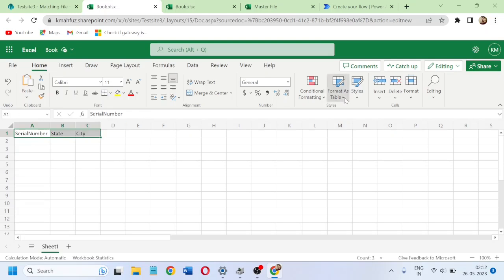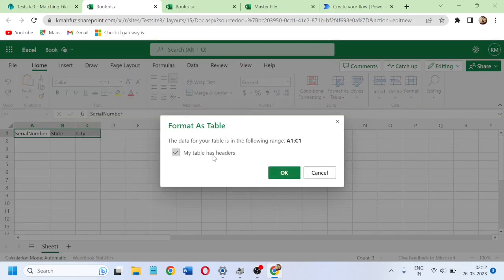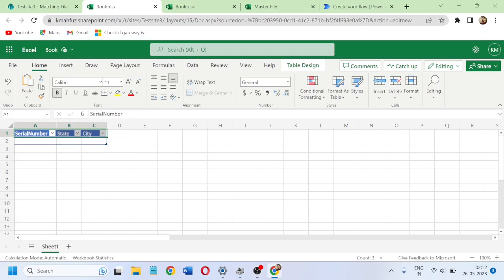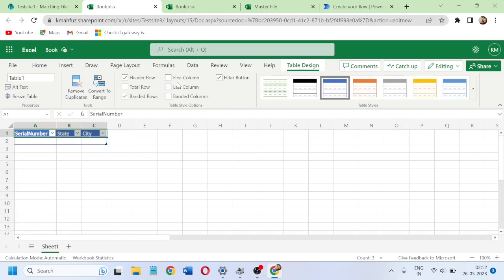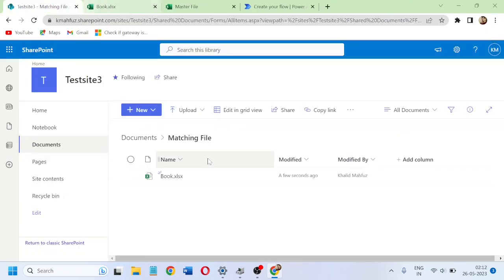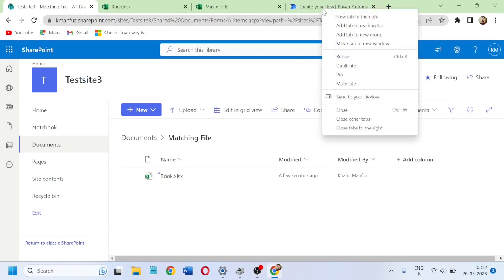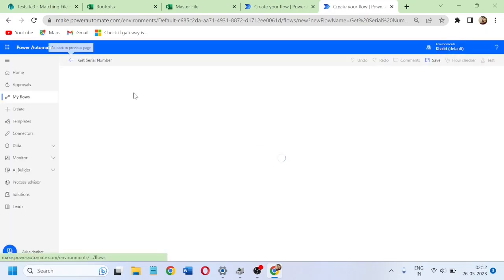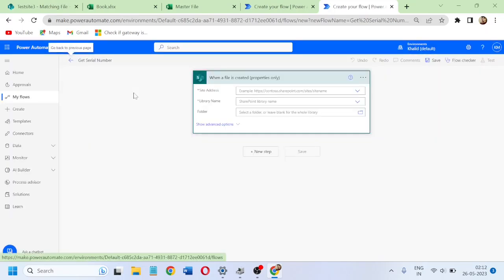So we will put this in tabular format and design table 1. All right, so why I have created that is we are going to create our file dynamically. Okay,